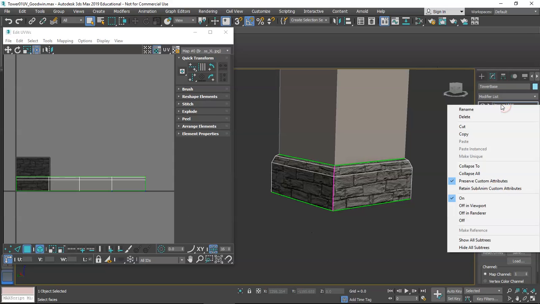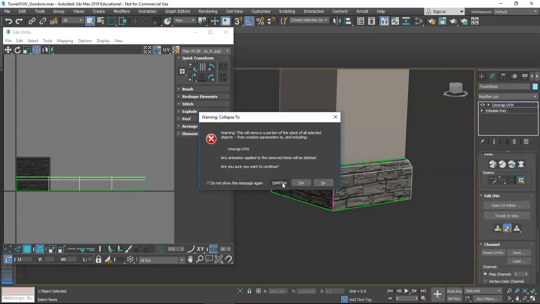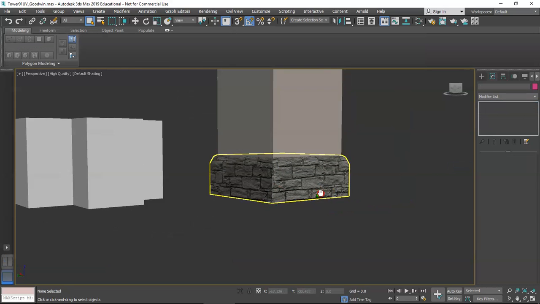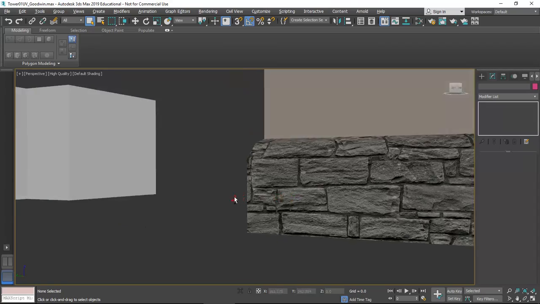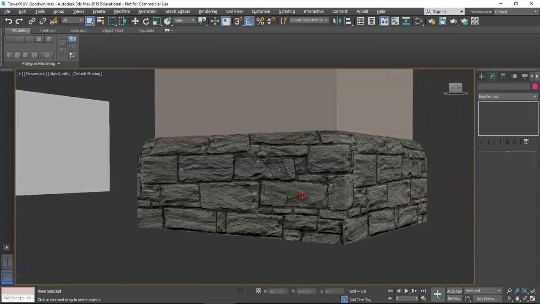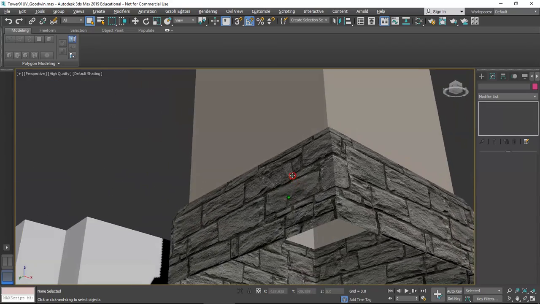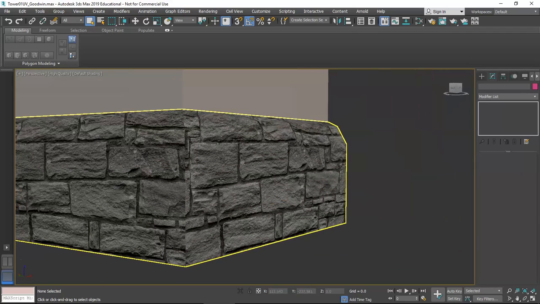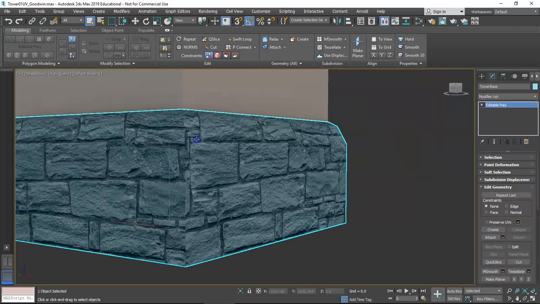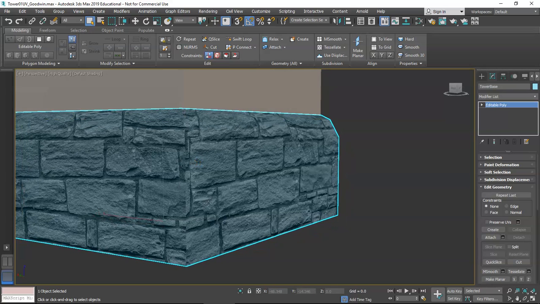And I'm just going to simply right click over here and collapse. And there we have our brick. And it looks pretty good. Except for that this edge doesn't line up. So we can